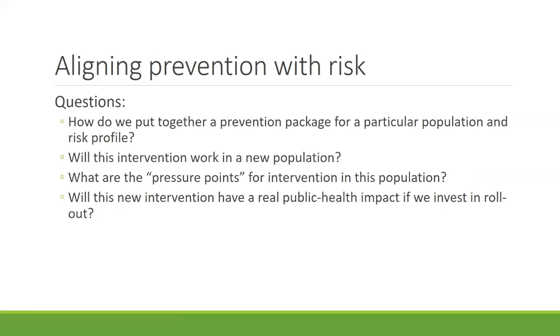So we have an intervention that looks like it works in one population. Do we think it's going to work in another population? Is that mechanism still present? What are the pressure points for intervention? So where are we missing something? Where are infections arising that we might want to focus an intervention? We have something new that looks like it is effective at the individual level. How does that play out at a population level? If we invest a lot of resources, are we going to have a real public health impact on a broader scale? And these are all questions that we can